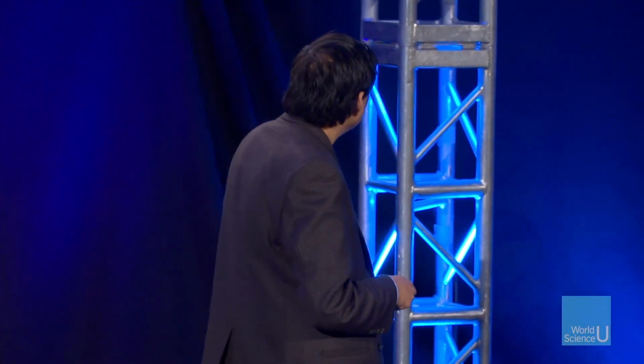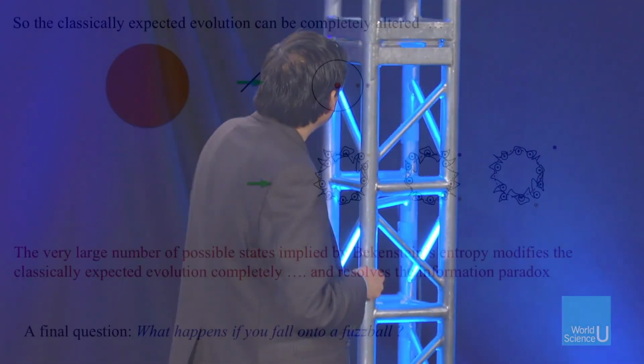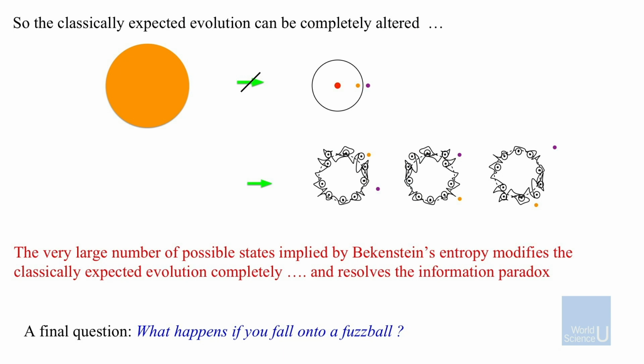The large number can cancel the small number, and the actual probability becomes order 1, and this thing actually changes over to there. And then everything is different, because now the star doesn't actually end up here. There's small probability to leak into this, and overall, there's more chance to go here than to go here, and in fact, you end up getting the fuzzballs. This one gets completely wiped out.